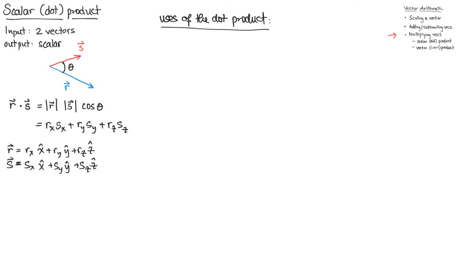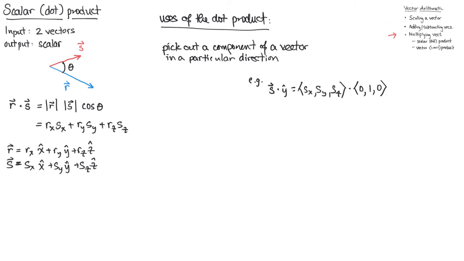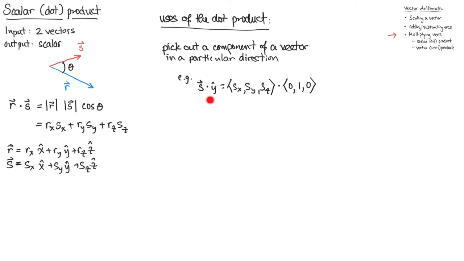So there's many uses of the dot product. One useful one is to pick out a component of a given vector in a particular direction. For example, let's say I have this vector s, and I want to know what is the component of s in the y direction? Well, if I take the dot product of s with y, then what I'm left with is simply